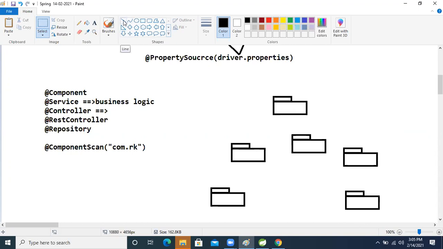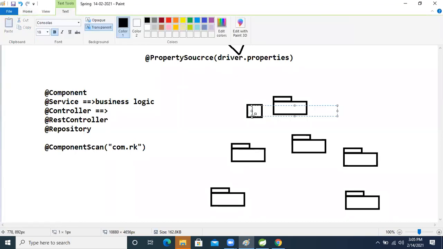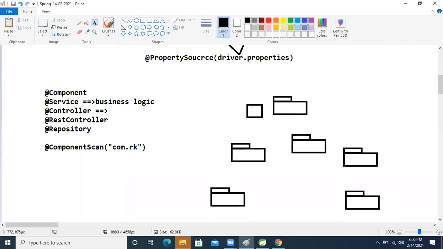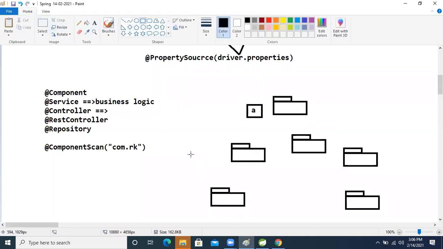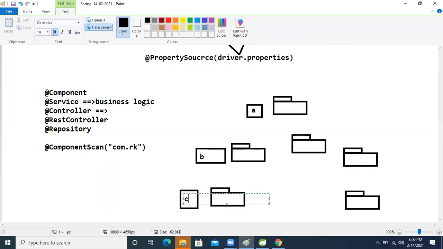In this package is the A class, here again the B class is there, and inside this package the C class is there.